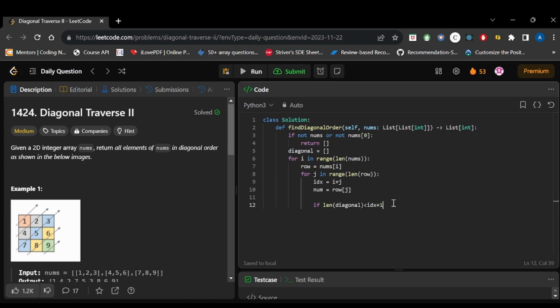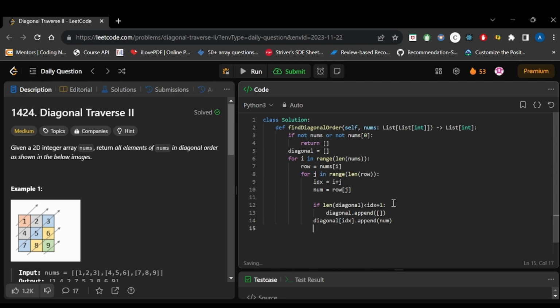If the length of diagonal is less, then we add a new sublist to it, so we will do diagonal dot append with a new list. If the condition is not true, we will anyway add the value at the index, so on the index we will append the number value.